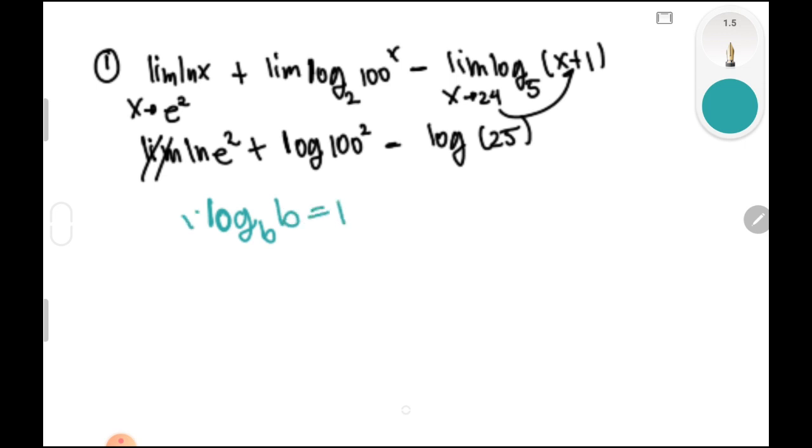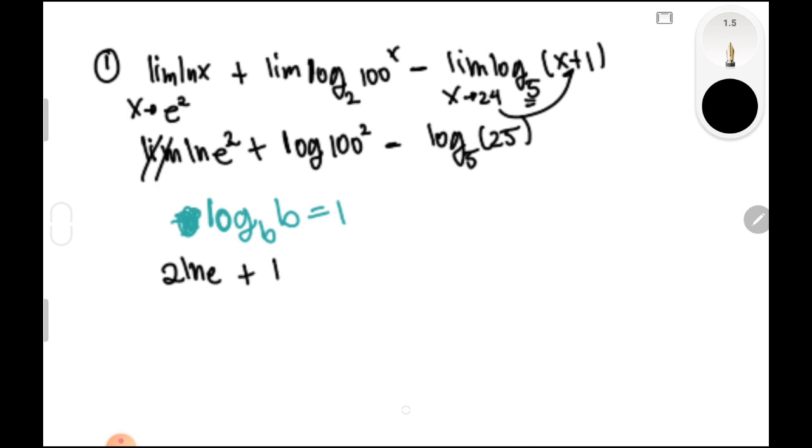Okay? So, paano nangyari yan? Gamitin natin yung identity na yan. Paano natin magagamit yan? Take note that this is at base 5. So pwede natin sabihin na we have 2 ln e